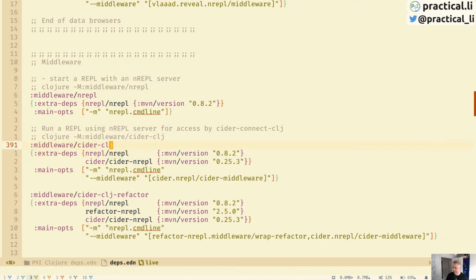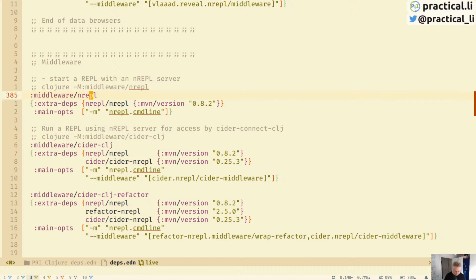And basically I've got these ones for, there's a simple one just for nREPL, and all that's doing is just including the nREPL library, and then calling that. So if you included this in a project, it would actually just go off and start the nREPL server inside the project that you're running. So if you just did this on the command line and added and called your project with the middleware nREPL,